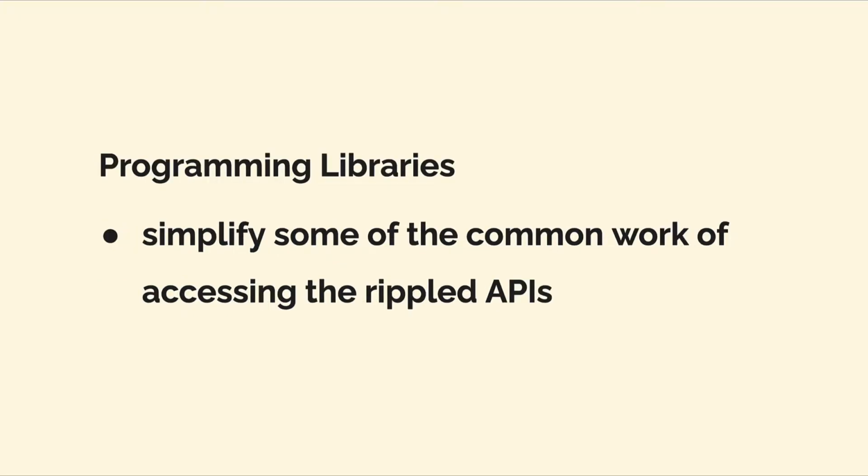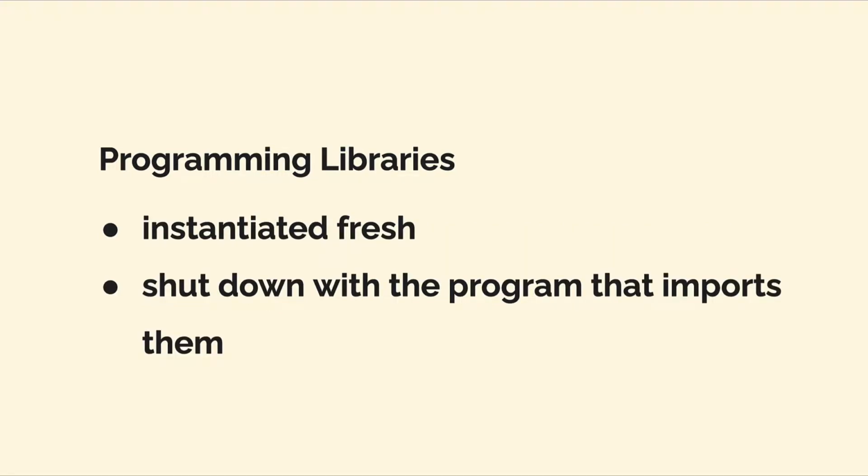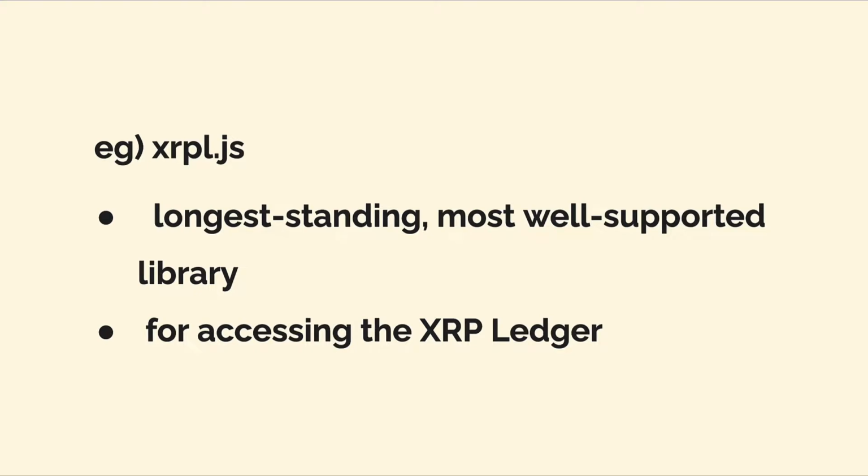Programming libraries simplify some of the common work of accessing the Rippled APIs. Programming libraries are instantiated fresh and shut down with the program that imports them, the program being any app. The most popular example of a programming library to connect to the Xrp ledger is Xrpl.js. This is accessing the blockchain with JavaScript. Xrpl.js is the longest standing, most well-supported library for accessing the Xrp blockchain, but there are other libraries for other